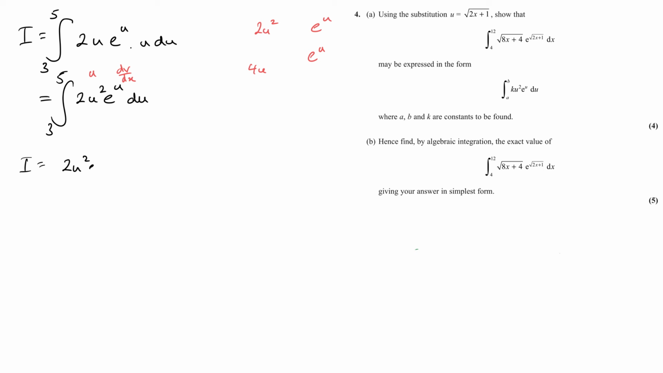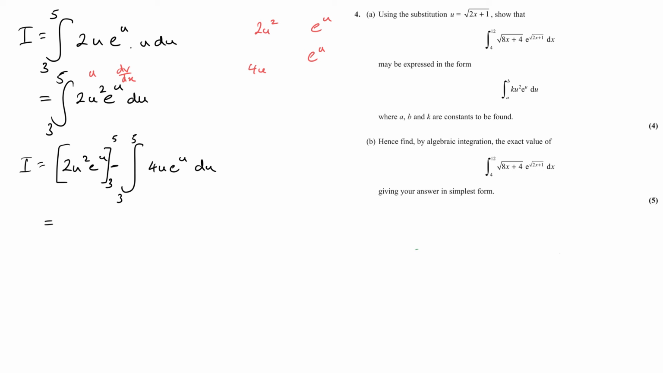2u squared e to the u minus, and this is of course between still 5 and 3, as is this. Now minus, and then we've got to do v du by dx, so that would be 4u e to the u du. Okay, and then this one is also going to be by parts, so we're doing by parts twice. Yeah, so think about it now. We're going to have